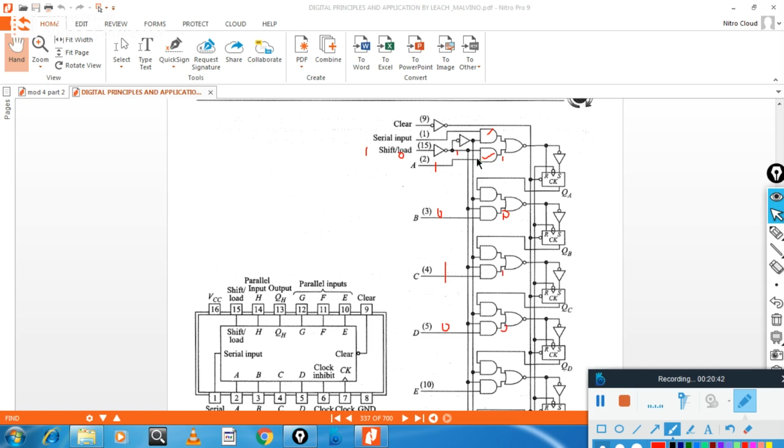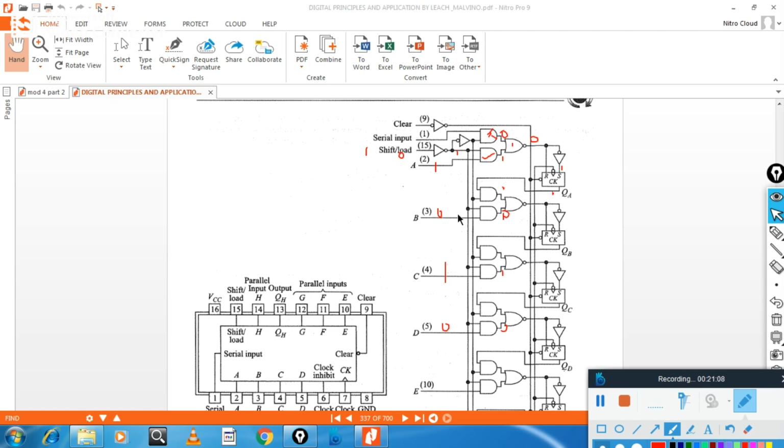What about the other end? The other end is disabled. We will take this as 0, this is 0, 0, 0. Now 0 and 1, 1, and here it is a 0, here it is a 1. So what is your data? 1. 1 is here now. And during the clock pulse, that 1 will come here. Understood? That 1 will come here.